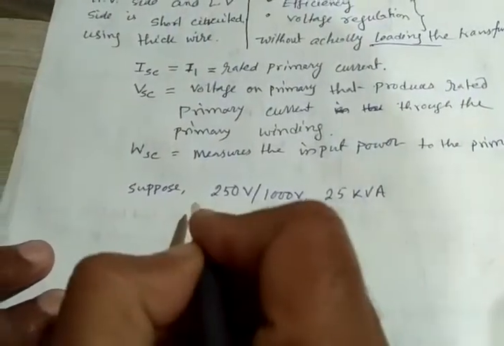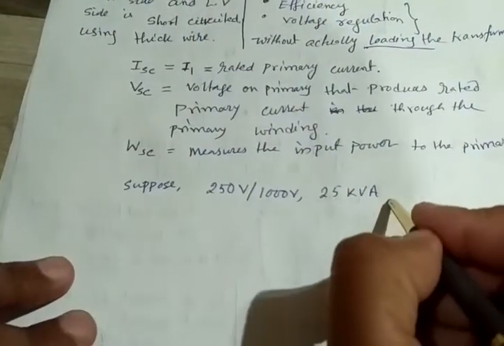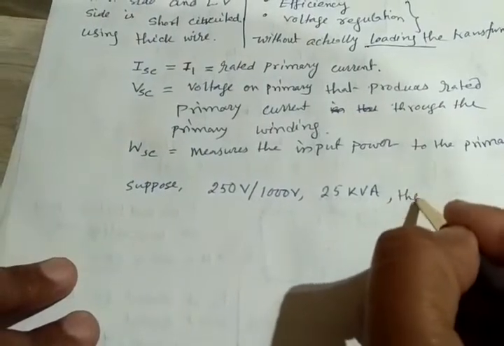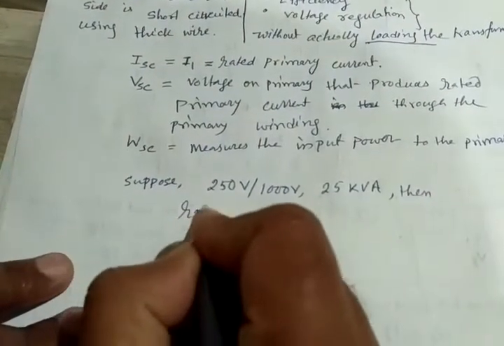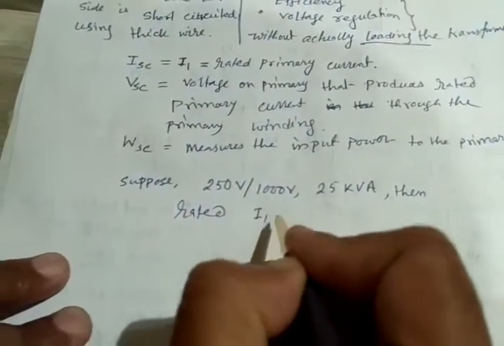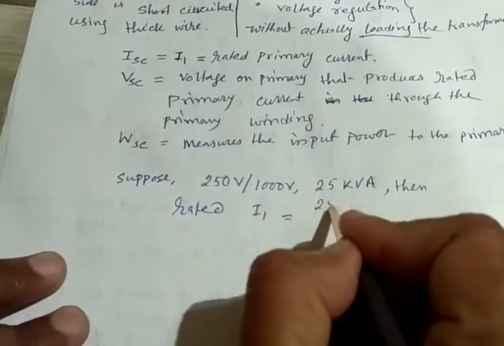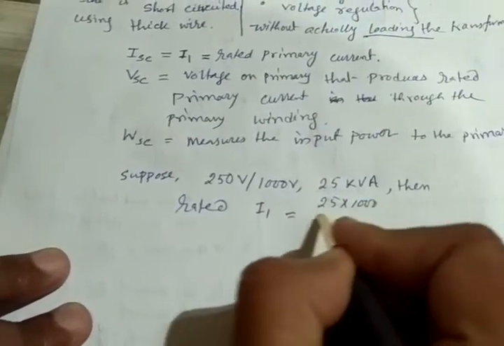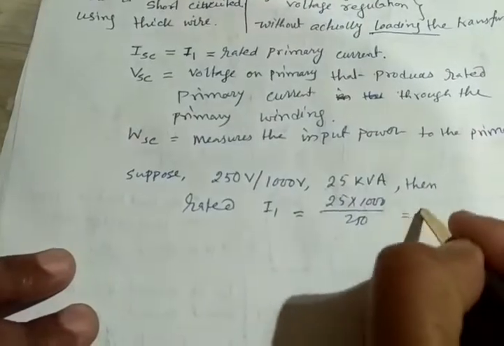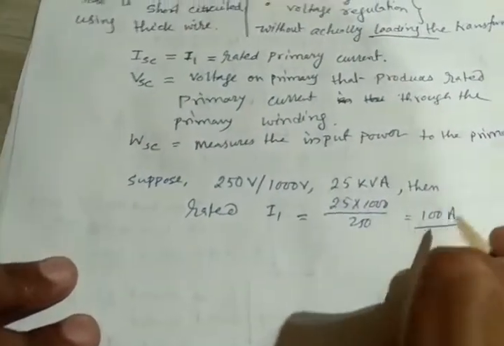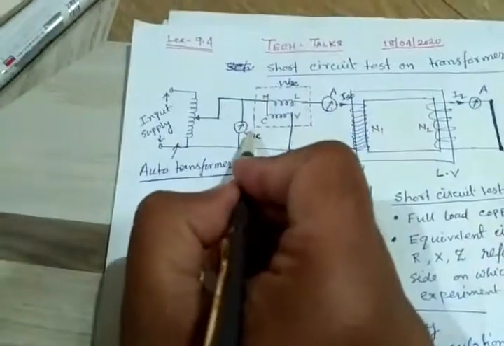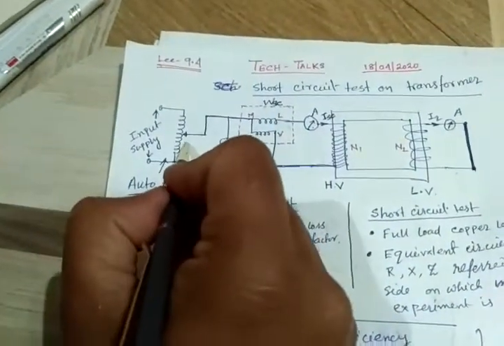This is the transformer rating. Then what will be the rated primary current? The rated primary current, let's say I1, that is primary current, will be 25 into 1000 divided by 250, that is 100 ampere. So what we will do here, we keep on increasing this short circuit voltage, and